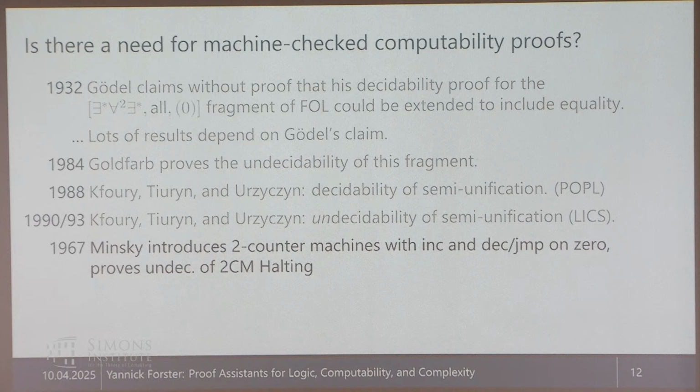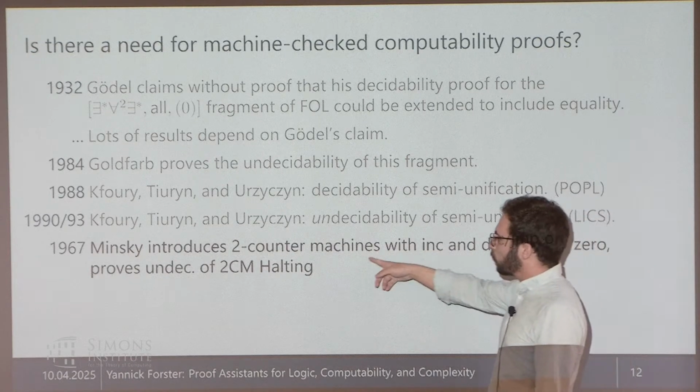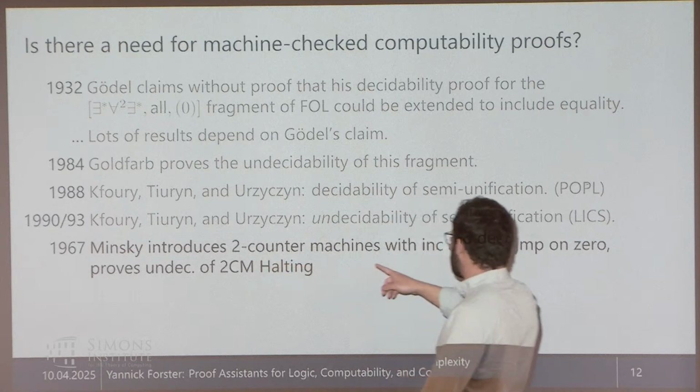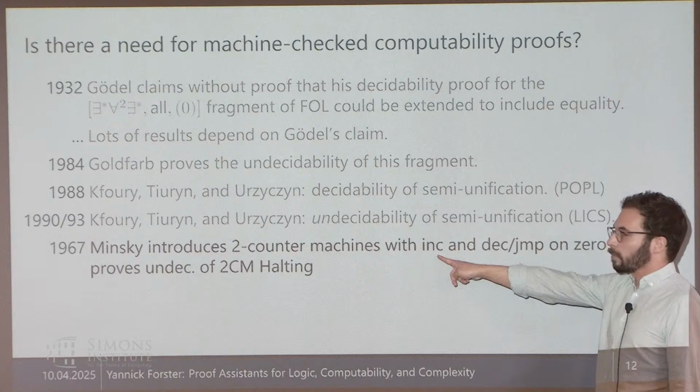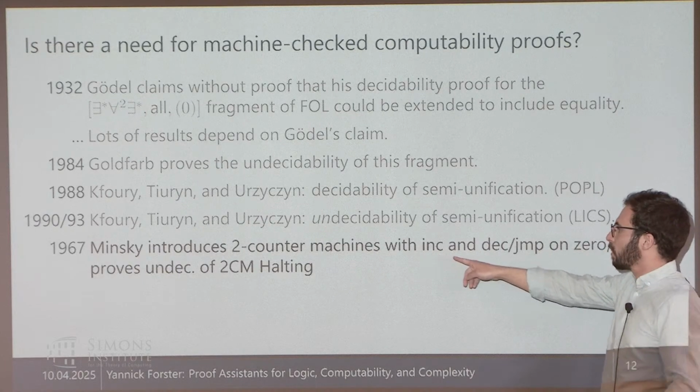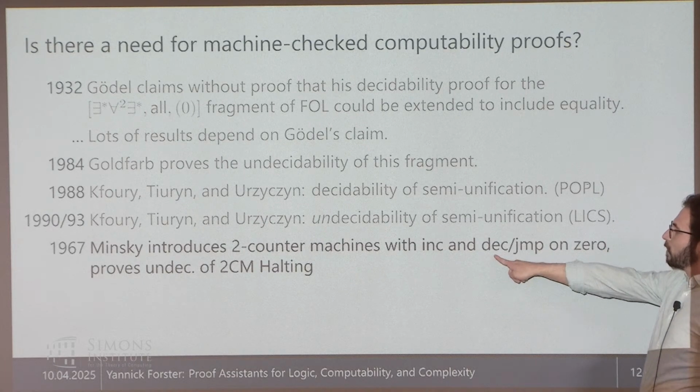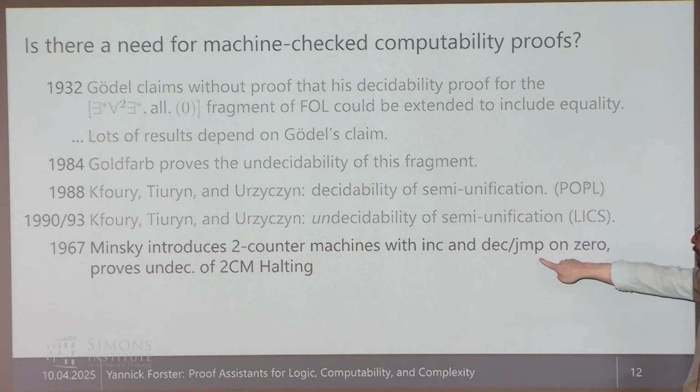Last one, more recent, but also interesting. In the book on computability by Marvin Minsky, 1967, he introduces counter machines, and in particular 2 counter machines. Those are machines that look a bit like assembly. They have an increment operation, increment the content of this register, and a decrement operation, decrement the content of this register, and jump if the register is 0. So you can decrement, and if the register is already 0, you can jump to an arbitrary location in the code.